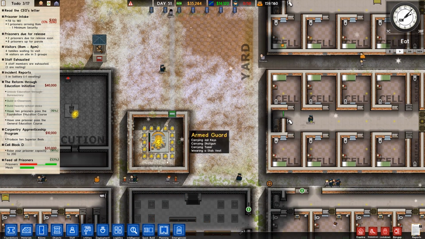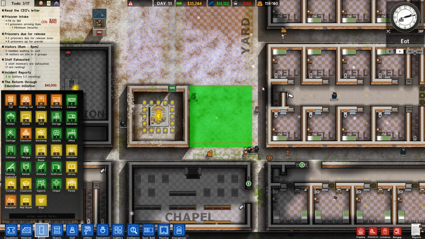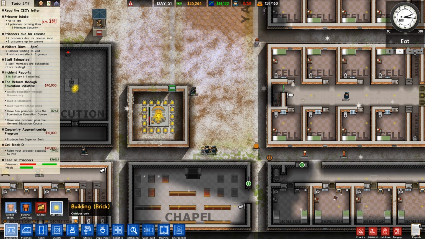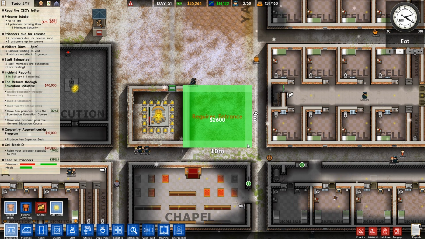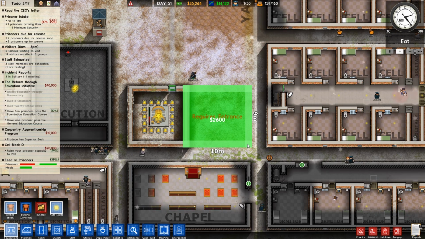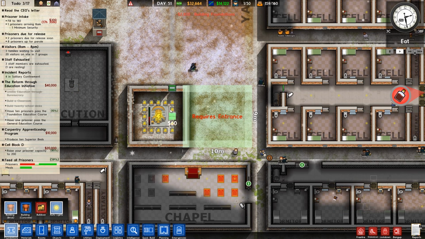So what we're going to do, we're going to build the shop here. Let's go ahead and use the rooms button. I want to now unassign this area as yard. So we'll get rid of that yard there. And we want foundations. And I really just want that to be one building if we can. So we're going to go ahead and do it like this. Now that will get rid of the wall there next to the...